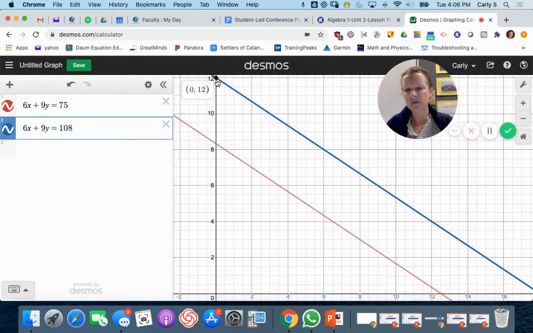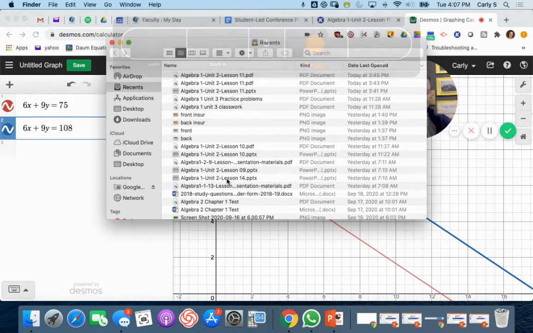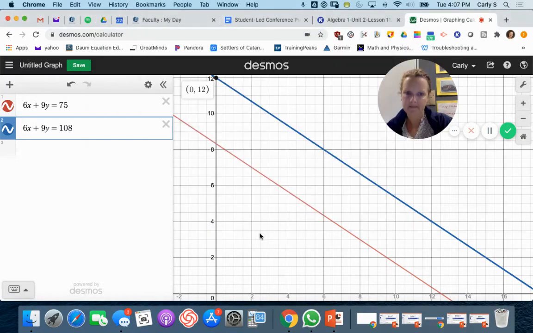If I do 108 divide by 6, I should get 12. I get 18. Y-intercept is where x is 0. 108 divided by 9 is 12. 18 is over here. Oh gosh. So many buttons. Okay, so if we go back to the question,